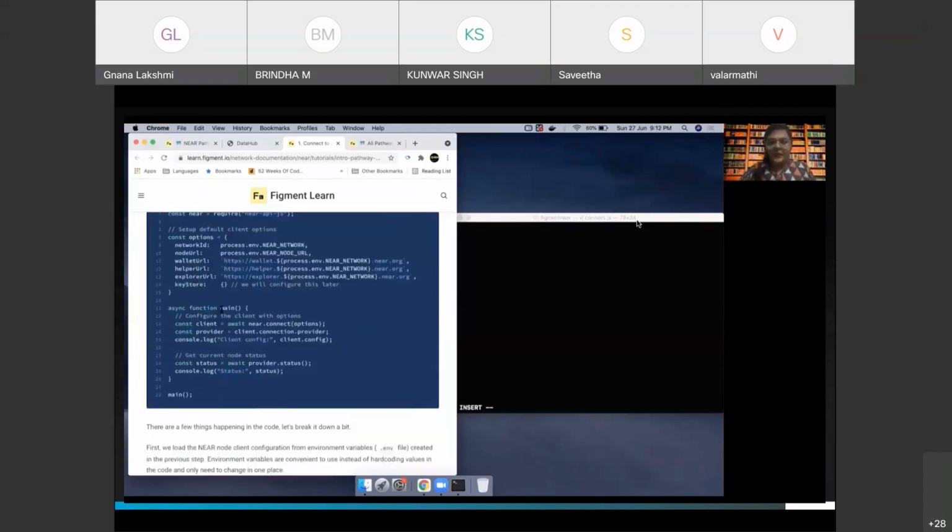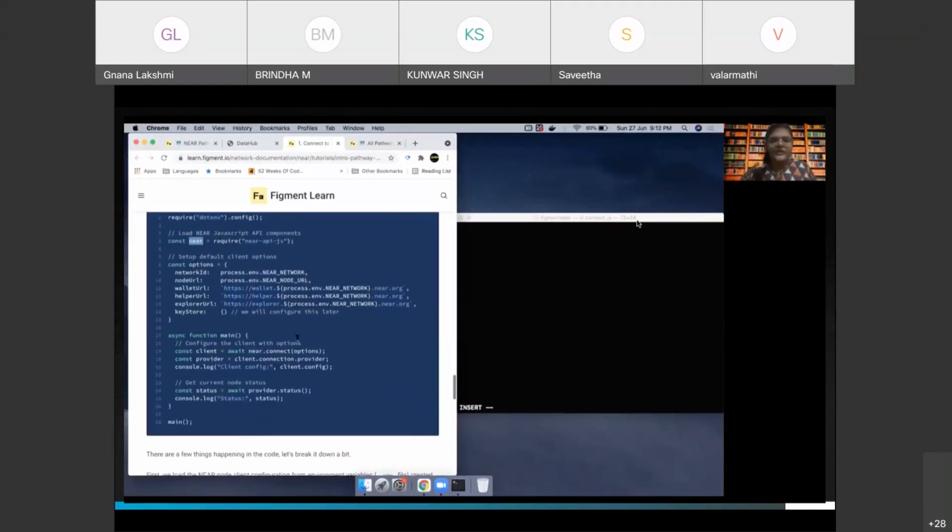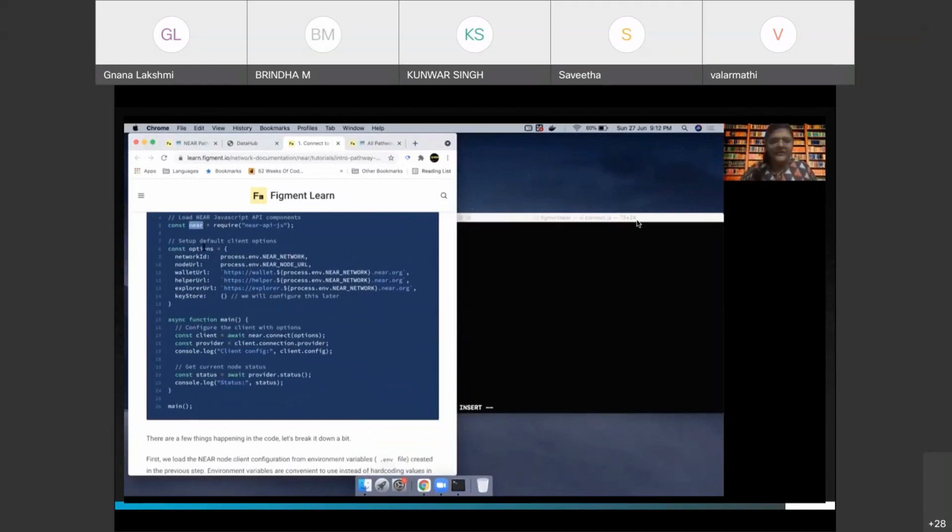We have a main function, and this is simple JavaScript. We are just calling the connect function from the NEAR library, which is the library that we have imported. We are using that to connect with the given options, that is all the client options. We are getting the provider, and then we are doing a console log of the client config.